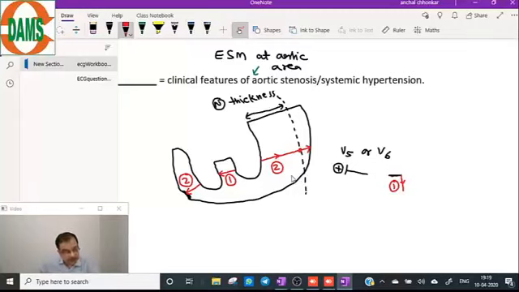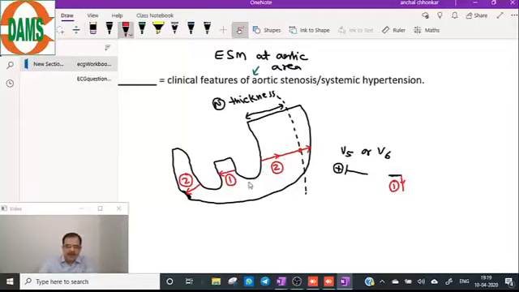Yes, we can also look at the limb leads. And which limb leads will we look at? Those leads which are near the left lateral wall or towards the left ventricle. So we will look into I and aVL. Their voltage will also be increased. But the best and most sensitive will be the leads on the chest wall, because they are exactly over the ventricles. Though we can look into I and aVL also, which are on the left side.